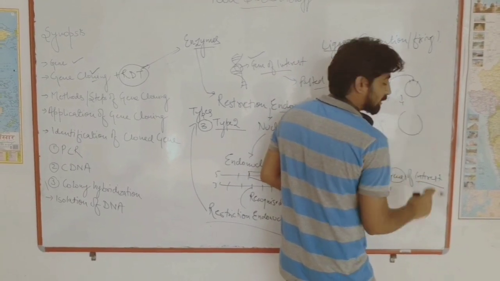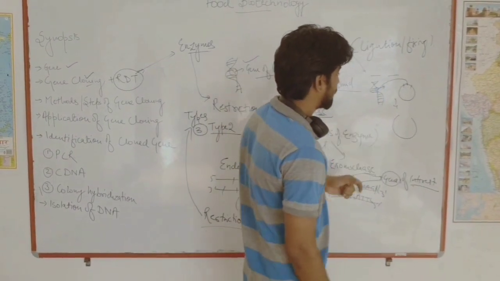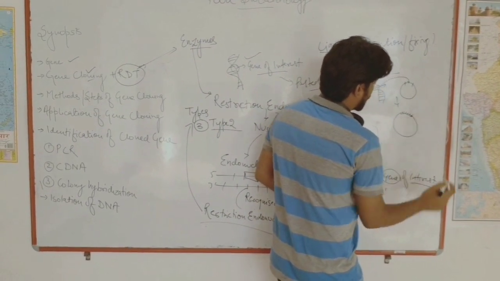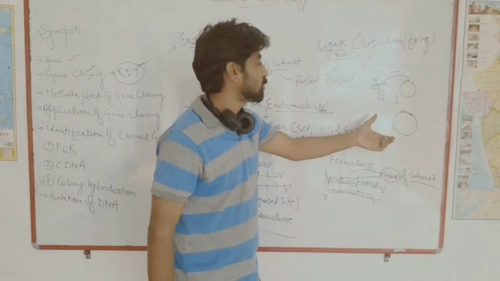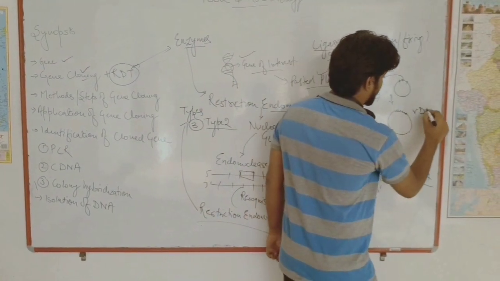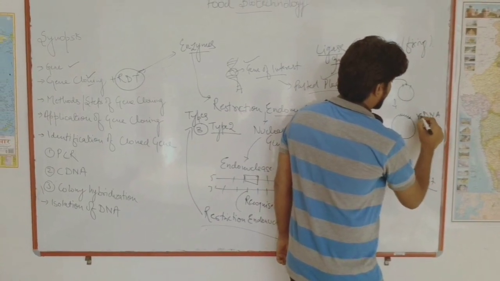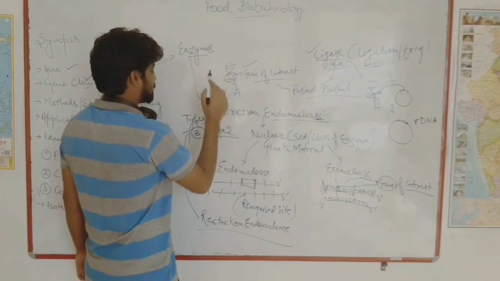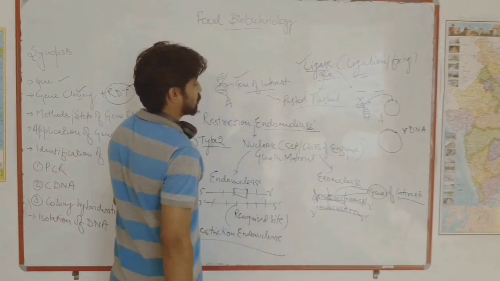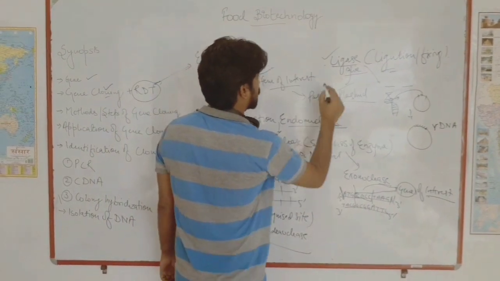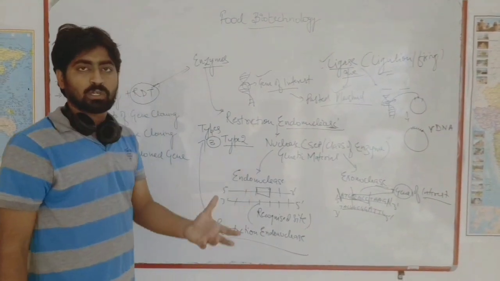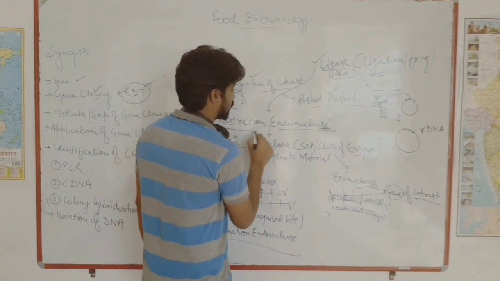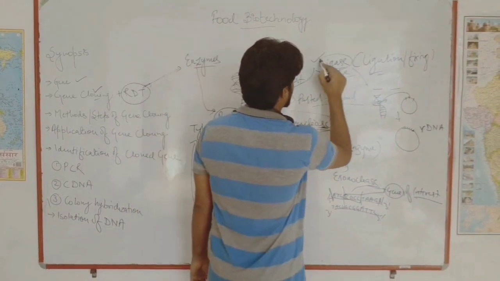So it will be like this was a sequence, this is the plasmid. At the plasmid there was a cut by restriction endonuclease, and after this cut what we have done is we have incorporated a gene. So this particular plasmid with the gene of interest is referred to as rDNA, which we have already discussed. So ligation is done by ligase. So these are basically the two enzymes. As far as the food biotechnology subject is concerned, we will be taking only two of the very useful enzymes in rDNA technology. So these two are extremely important: restriction endonuclease and ligase.